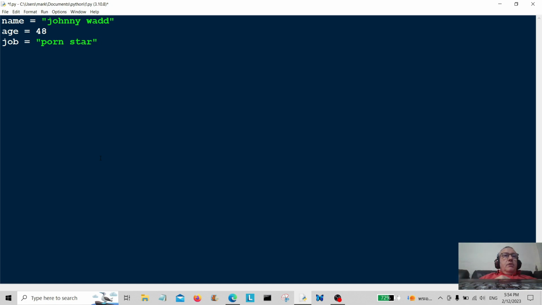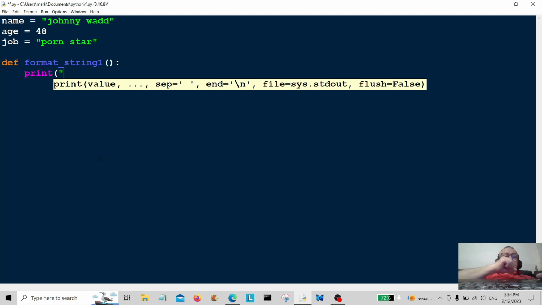Okay, so now we're going to format these. So I'm going to create the first function called format string 1. Simply format string 1, and now we're going to print, my name is, and I'm